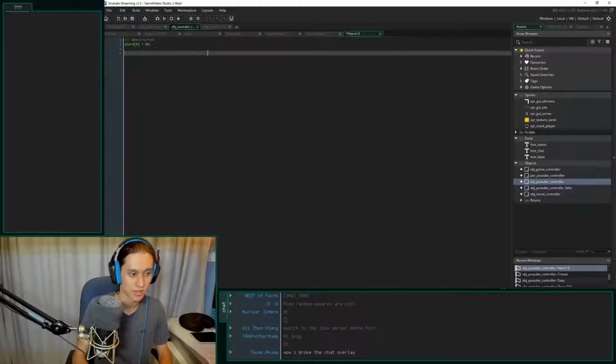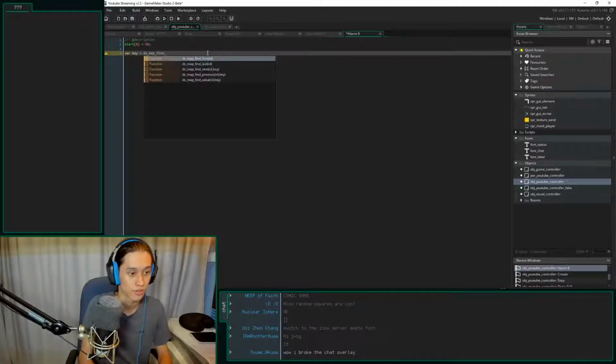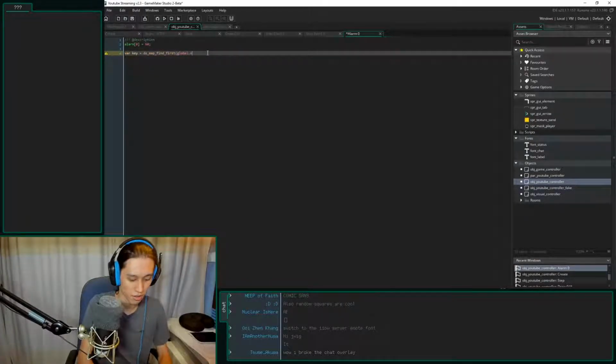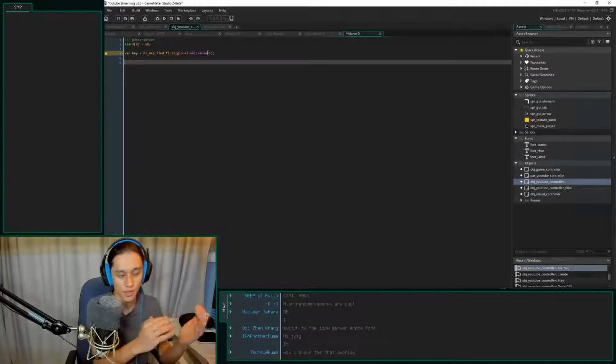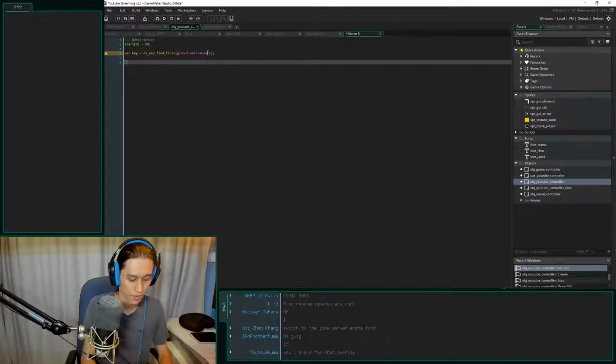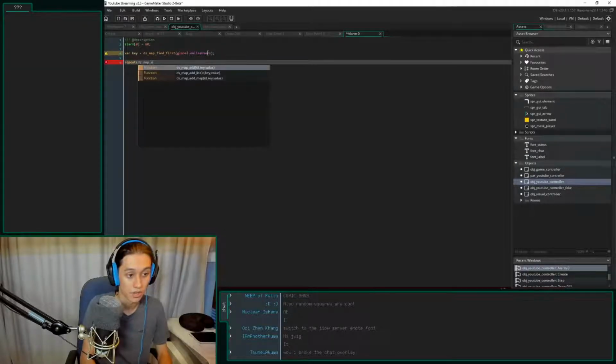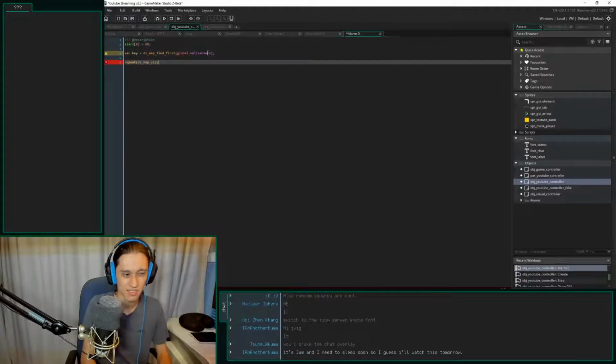Let's just try this. Okay, so I'm going to do var key equals ds_map_find_first, and we are going to do global.online_users. So this is going to be going through our list of online users. Then we've got repeat, ds_map_size of global.online_users, so do it as many times as we have users.